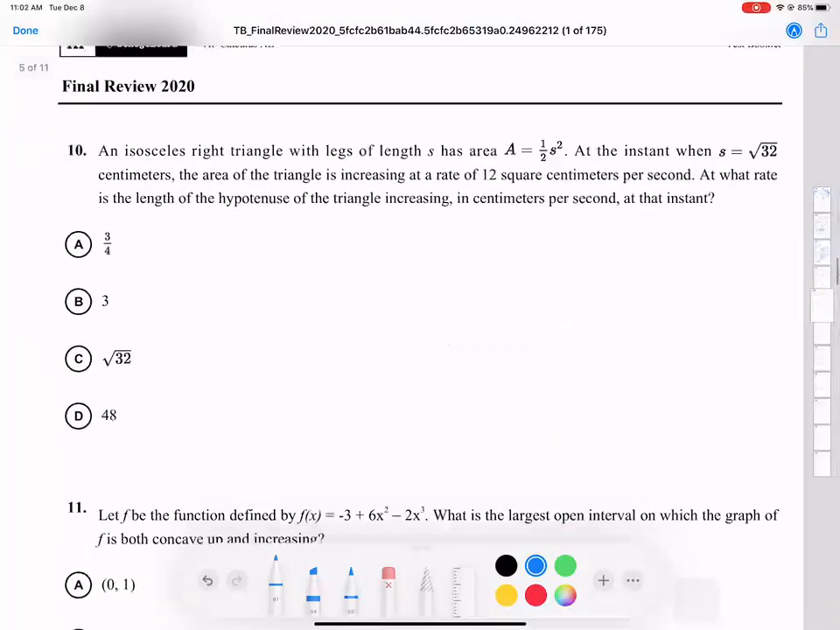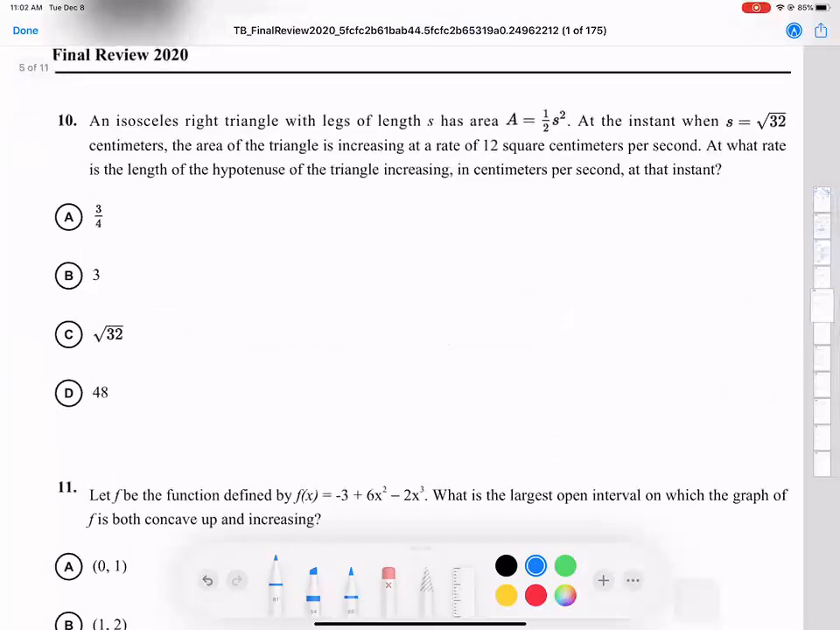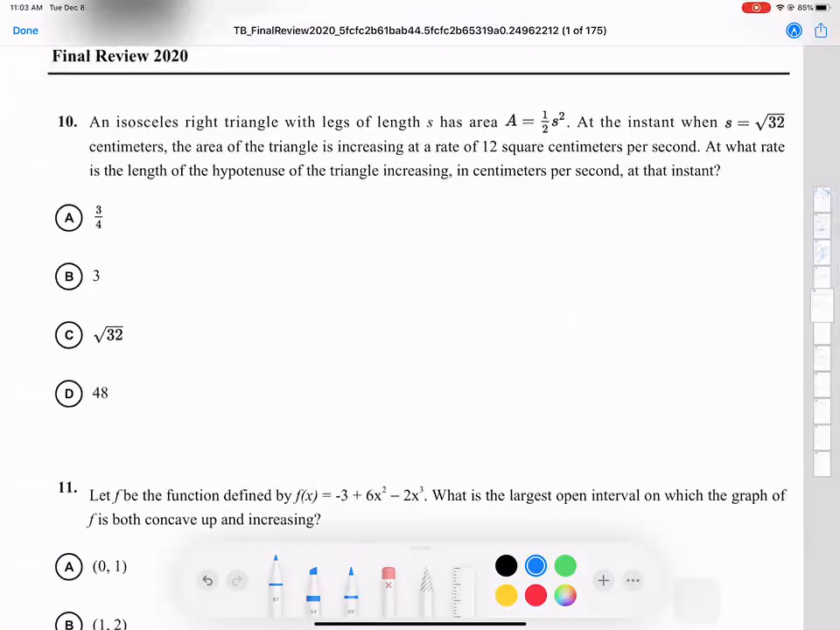Uh-oh, a Saucy Triangle. Okay, this looks like it's going to be a wordy one. A Saucy's right triangle. So a Saucy's right, we know this is 90 degrees, with legs length s and area is, they give us area 1/2 s squared. At the instant when s is equal to the square root of 32 centimeters, the area of the triangle is